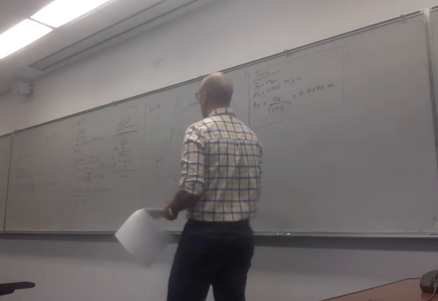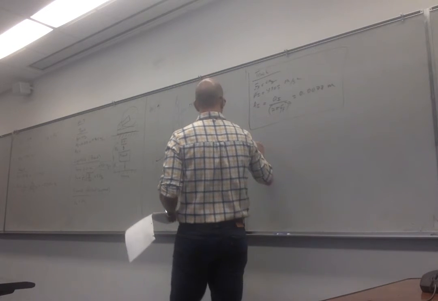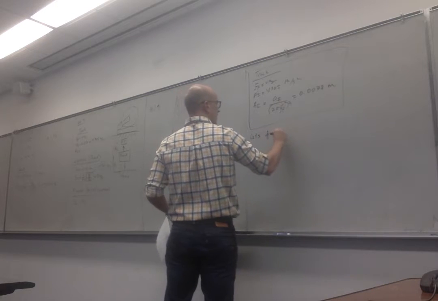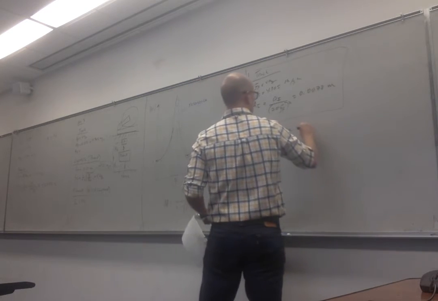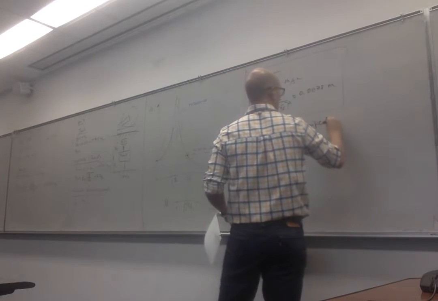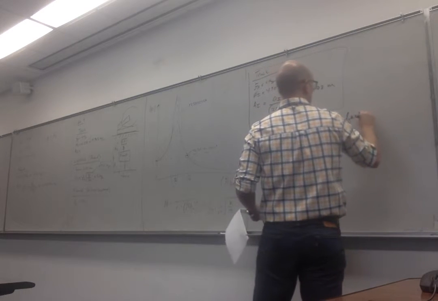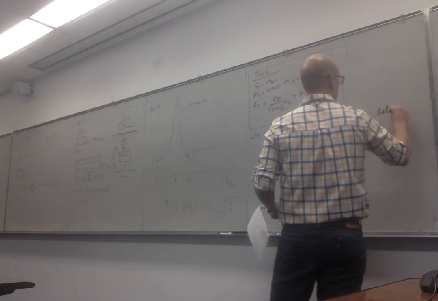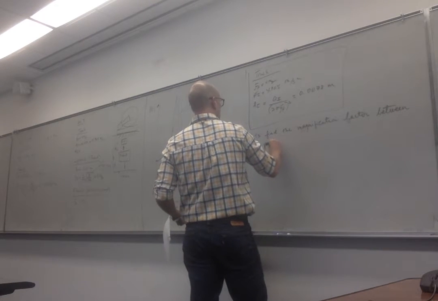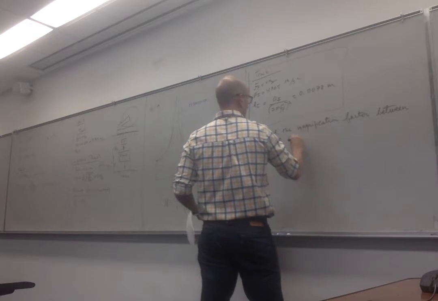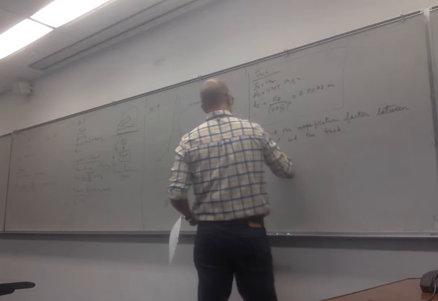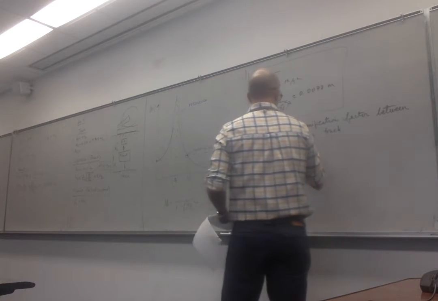The next step now is to go from the truck to the light bulb, okay? So let's find the magnification factor between the product and the truck. We're going to call that M1, and in this case it's going to be 1 over